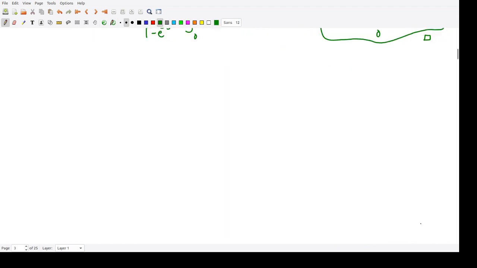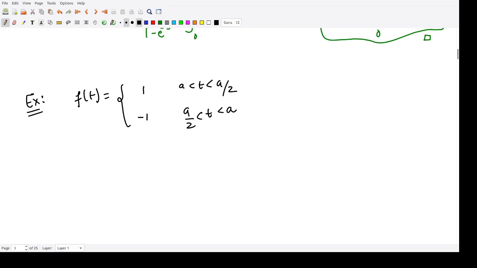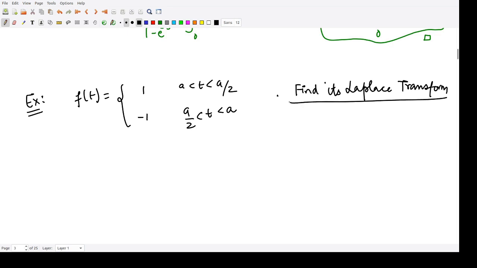So let us see one example corresponding to this. The example says you are given this function f(t), which is defined as 1 in the interval 0 to a by 2, and it is defined to be minus 1 in the interval a by 2 to a. So we are asked to find its Laplace transform. Now, because this is a periodic function, and is also piecewise continuous and of exponential order,